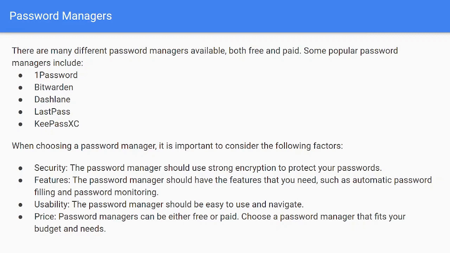So before you choose a password manager, these are things that you need to consider. Number one, you need to consider security. A password manager should use strong encryption to protect your passwords. Remember, when you are picking a password manager, go and read about it. Go and read about the features of the password manager. Different password managers have different features. So check for the ones that match what you want, how easy it is to use,